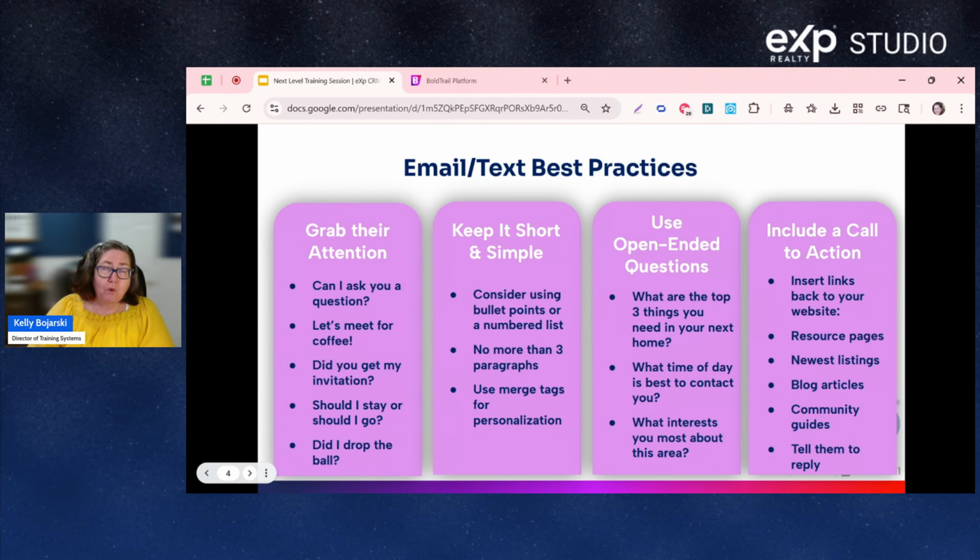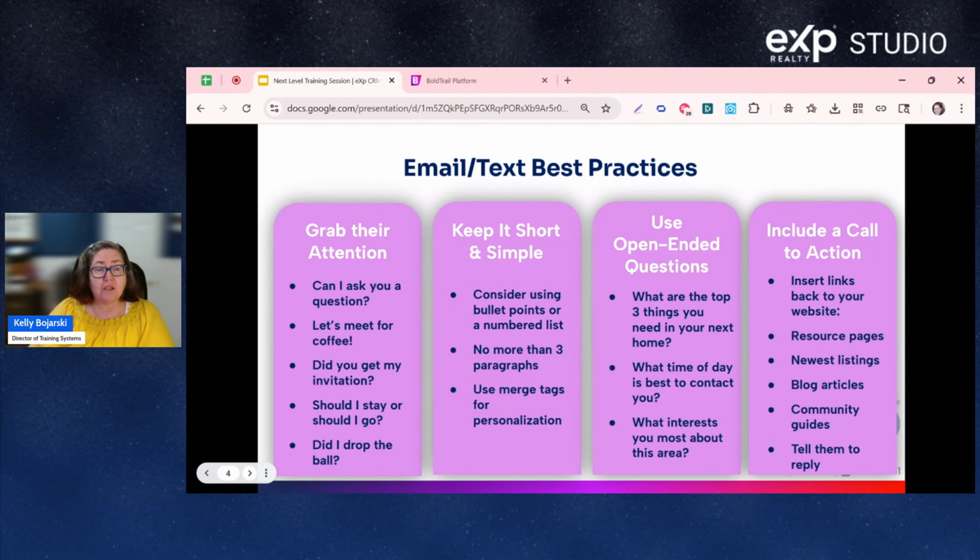So before we get into the how-tos of actually how to create those emails and text templates, let's talk about some best practices, because it's pretty simple when you're creating the templates. You're going to see how easy it is. We even have ChatGPT built into our smart assistant so that you can use AI to help craft these text messages and email templates. But you still want to make sure that you are setting them up so that you're